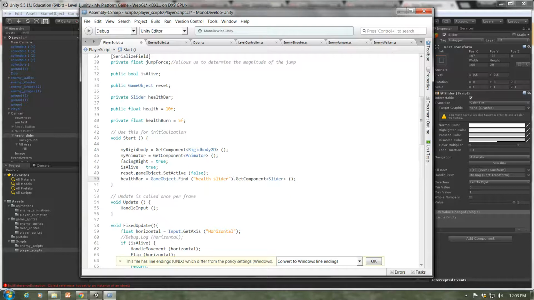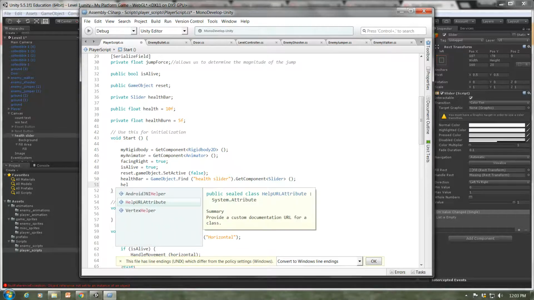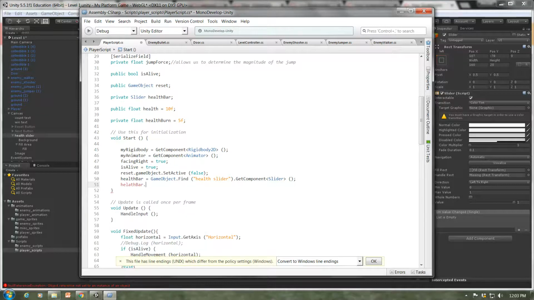Just like that. So now when Unity sees this health bar, it knows that it's supposed to find this health slider and access the slider component, which is great because that's what we're going to use to visually move that slider back and forth using our code. Now we also have to set some max values and some min values for our health bar. So let's do that. healthBar.minValue equals 0f,